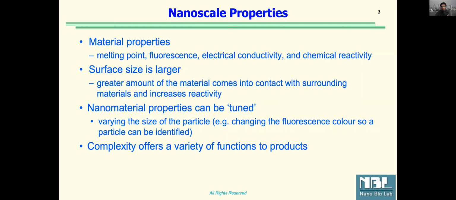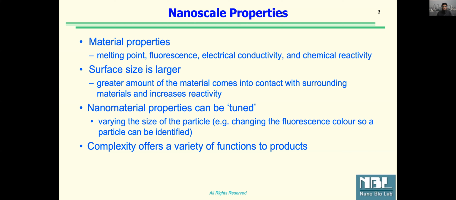One important aspect that goes with that is that the surface to volume ratio becomes huge. When we say, as it says, surface size is large, what that results into is that a whole lot of that material comes into contact with the surrounding environment. That surrounding environment may be solution, maybe water, maybe a chemical, maybe acid, maybe just a solution where it's supposed